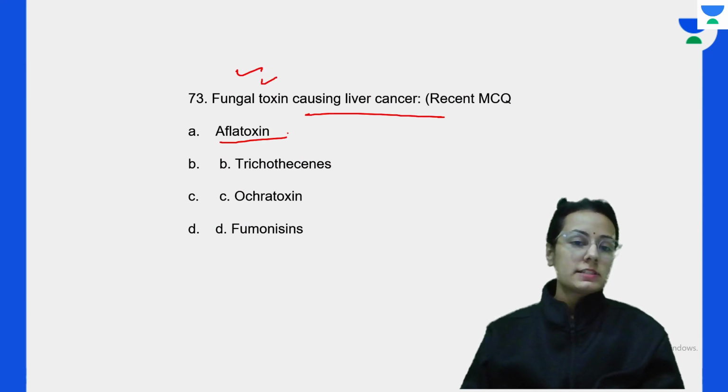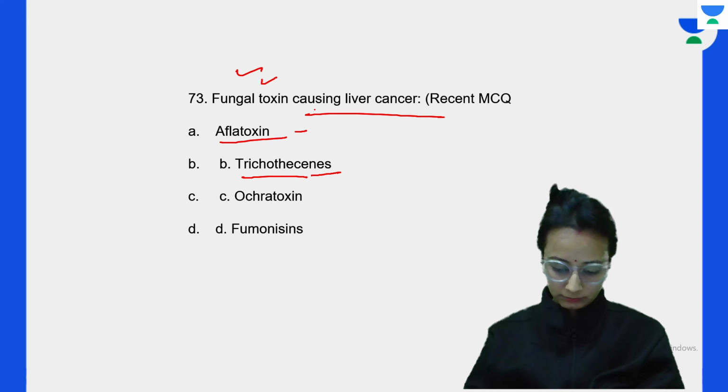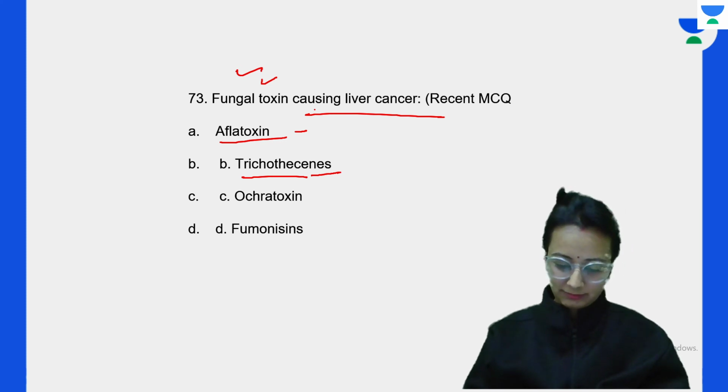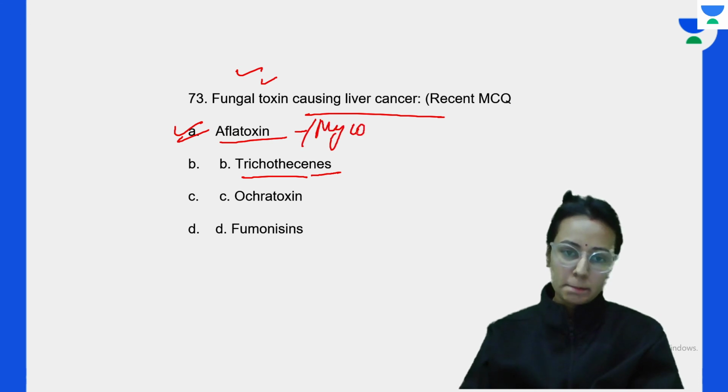Fungal toxin causing the liver cancer is aflatoxin, ochratoxin, fumonisins, or trichothecenes. So, which of the following is the fungal toxin causing the liver cancer? So, what is the answer? The fungal toxin that is causing the liver cancer is aflatoxin, a mycotoxin, and what is